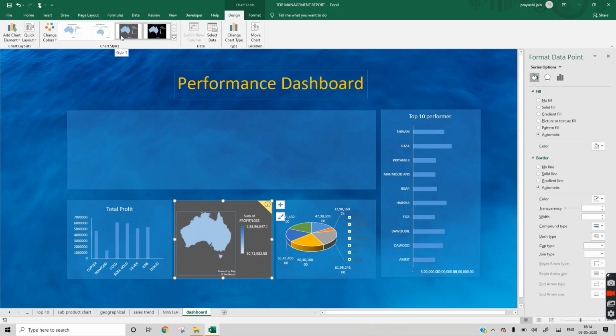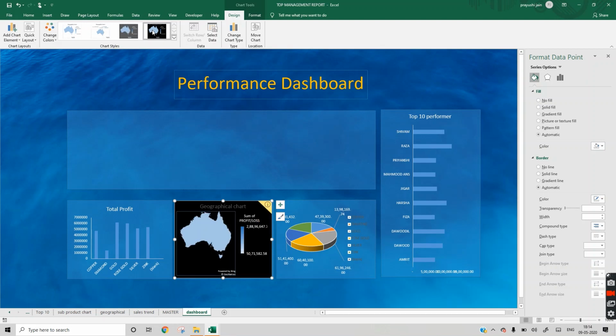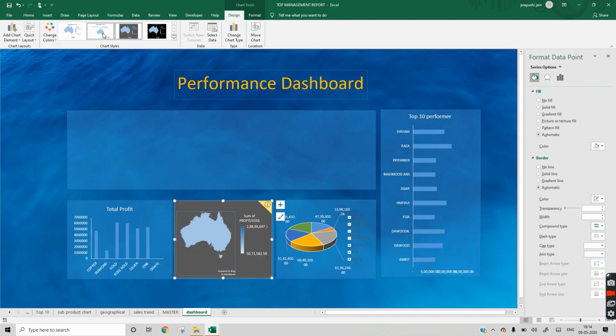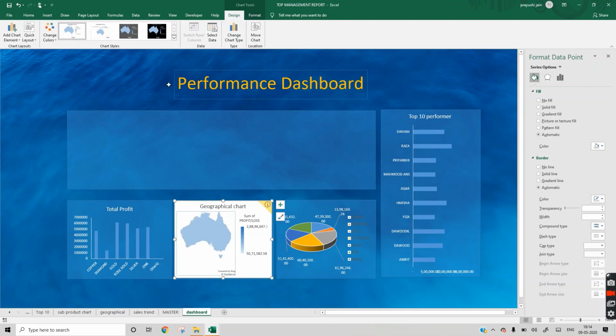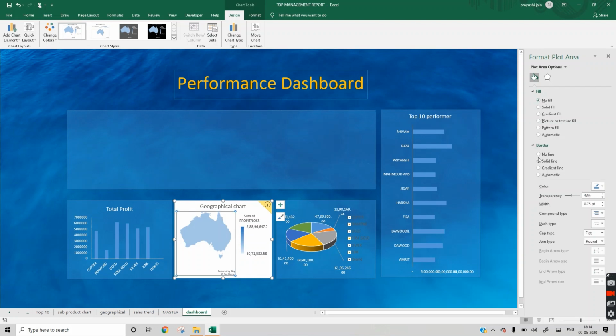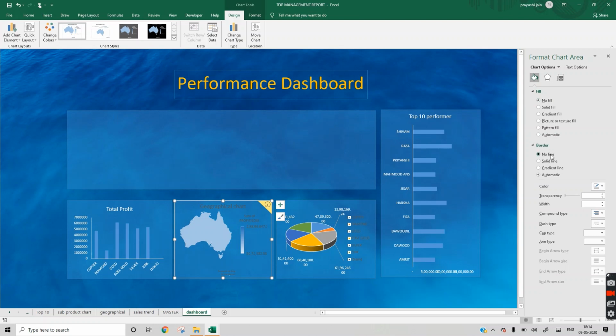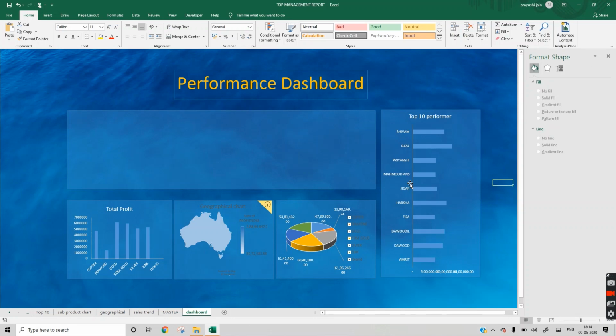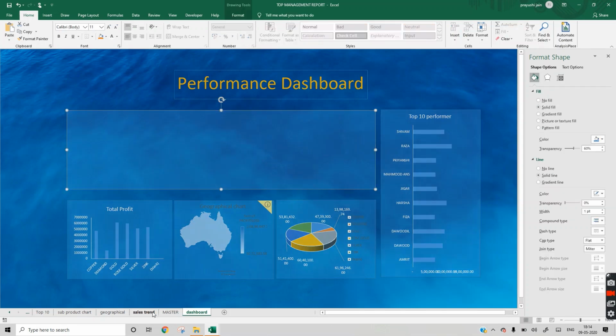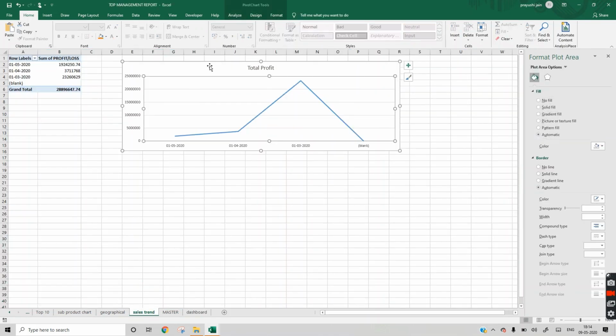We have the option to choose different formats also. The sales trend chart is pending only.